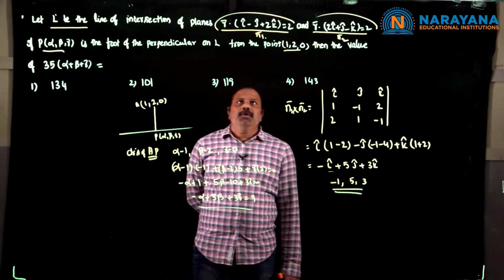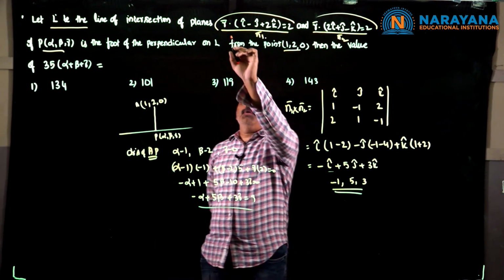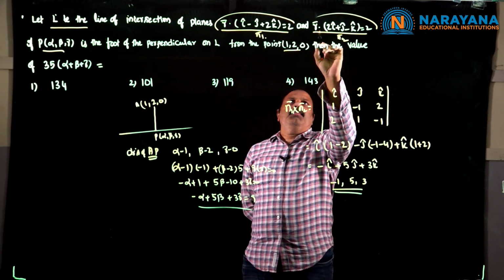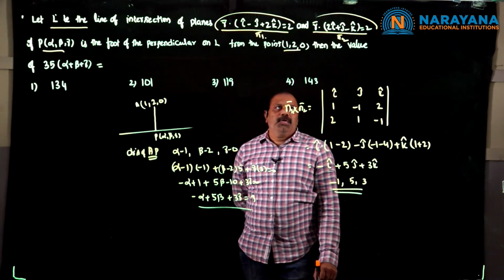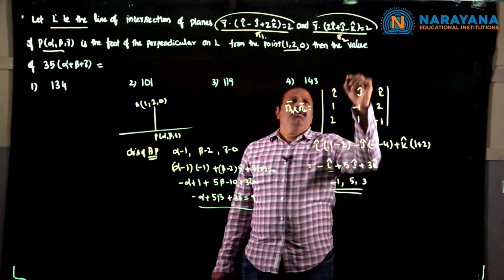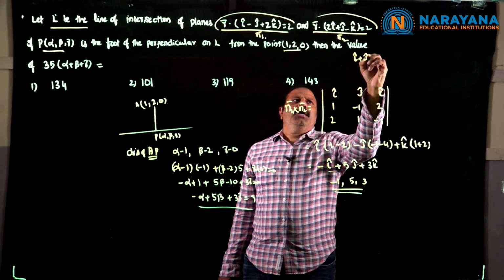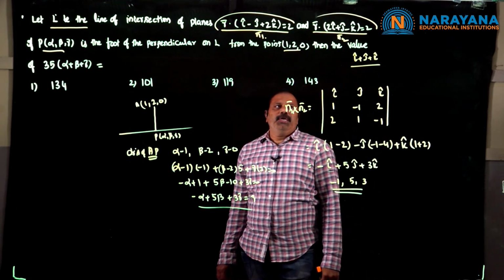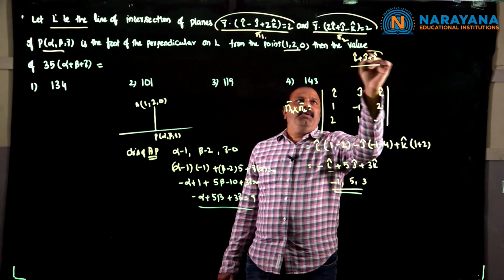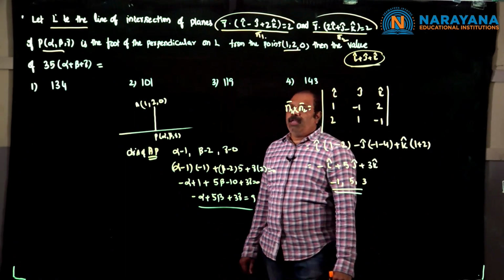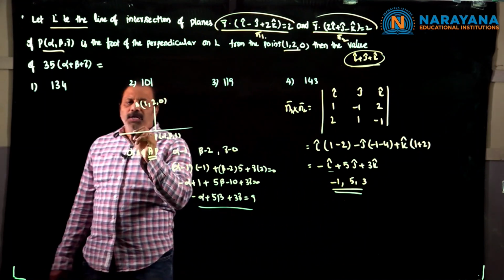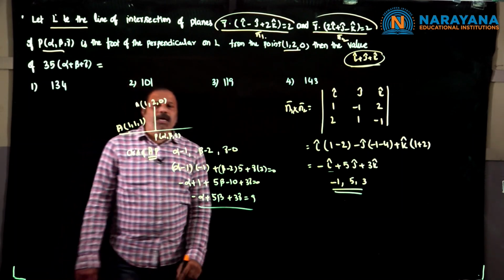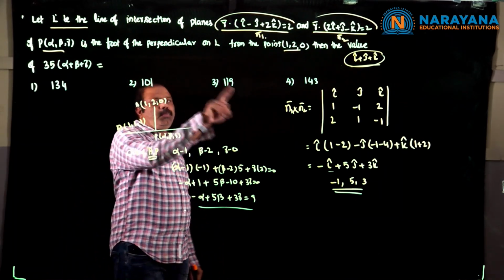This is one piece of information. Now, by seeing this curve, r bar dot (minus i cap minus j cap plus 2k cap) is 0, and r bar dot (2i cap plus j cap minus k cap) is 2. So it is very clear that i cap plus j cap plus k cap satisfies both the equations. Therefore, i cap plus j cap plus k cap must lie on the line. Let us take the point B (1, 1, 1), which refers to i cap plus j cap plus k cap, which is satisfied by both the planes.